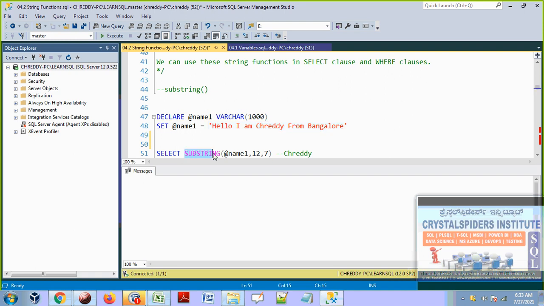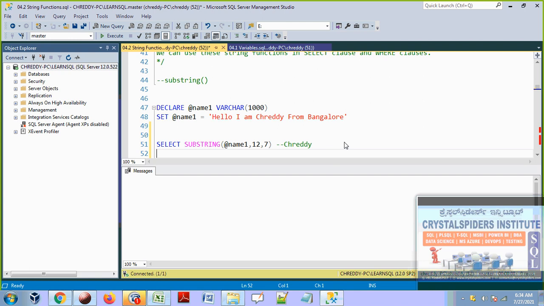So now let's understand this substring function. The substring function takes the value from this variable. What is this, guys? The substring function has 3 parameters. This first one is parameter 1, second is parameter 2, and third is parameter 3. Or else in other programming languages you can say arguments, argument 1, argument 2, argument 3, but that's fine. Total 3 parameters. The substring needs 3 parameters.